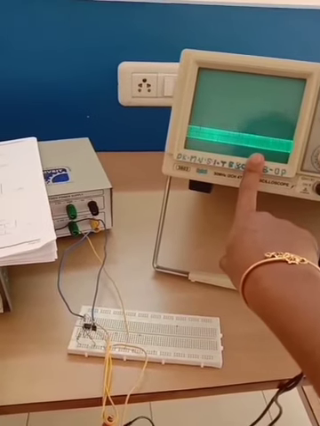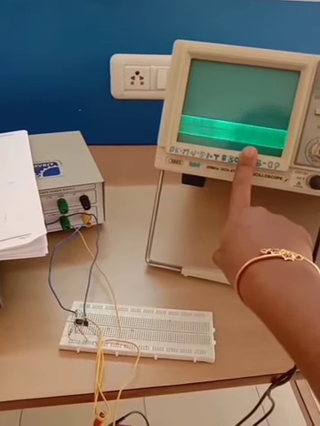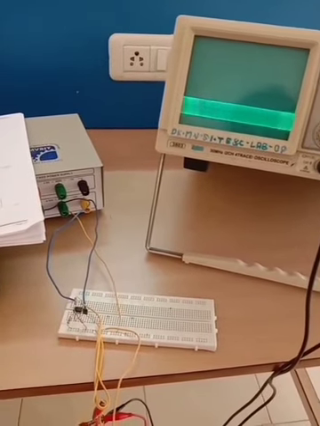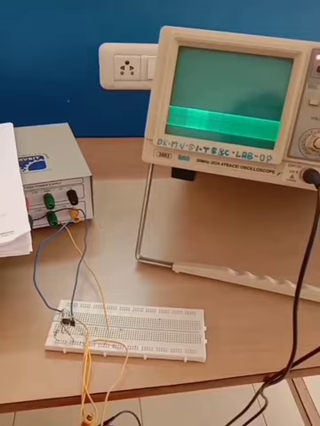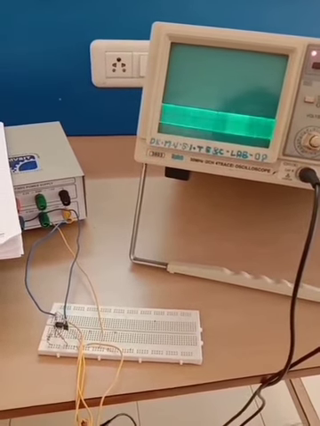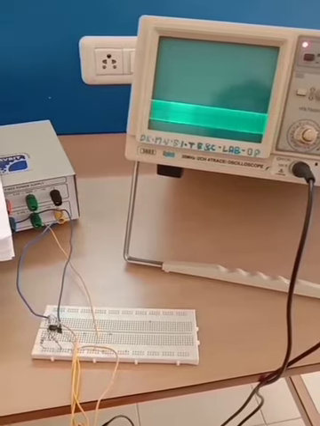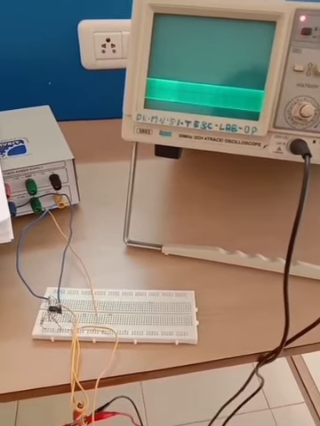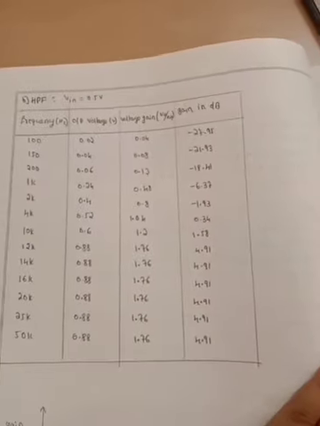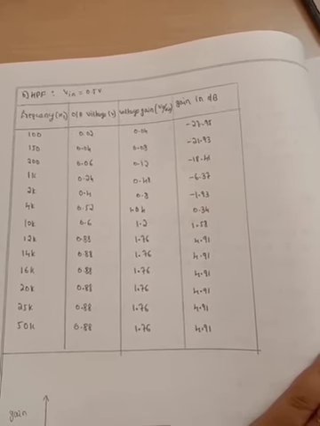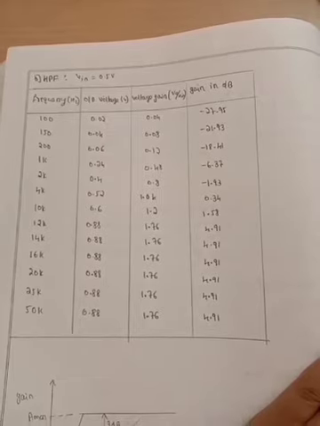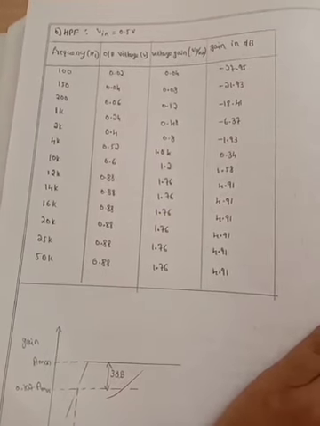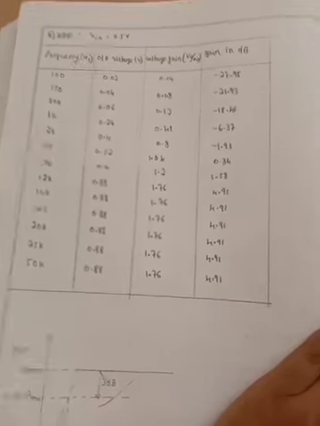Here I am increasing the frequency now, so you can observe the CRO. As I increase it, your output value also increases. You can observe it in the CRO. Then later it remains constant. This is the experiment, and you are getting values like this. Later you can see the output voltage as 0.8 volt. The graph shows increasing values, then later it remains constant.